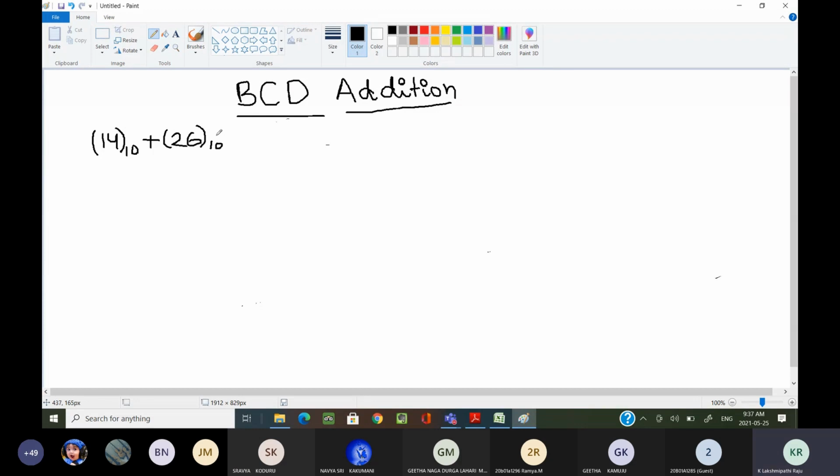Now I need to perform BCD addition here. How are we performing BCD addition? You have to write each and every digit separately.